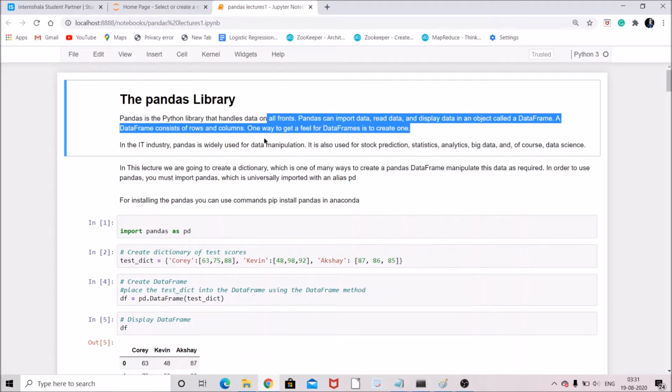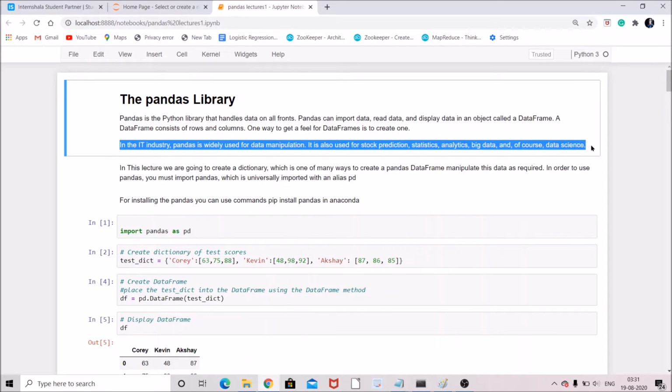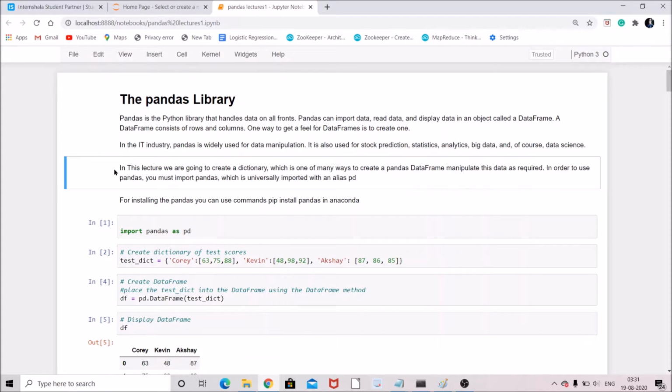So pandas is used in the industries. Pandas is widely used in data manipulation. It is also used for stock prediction, statistics, analytics, big data, and of course in data science and machine learning algorithms. In this lecture we are going to create a dictionary, which is one of many ways to create a pandas data frame.